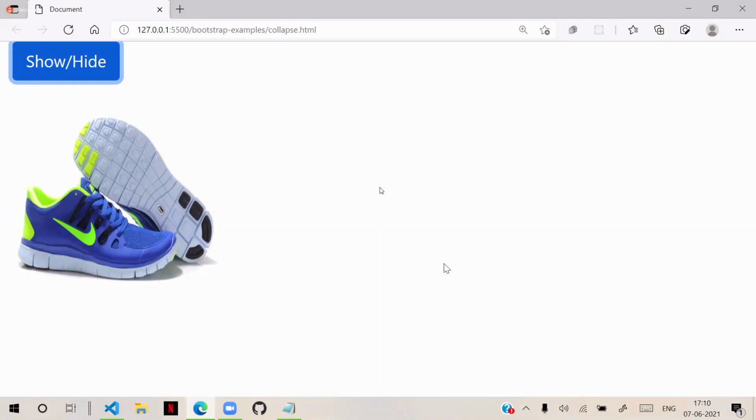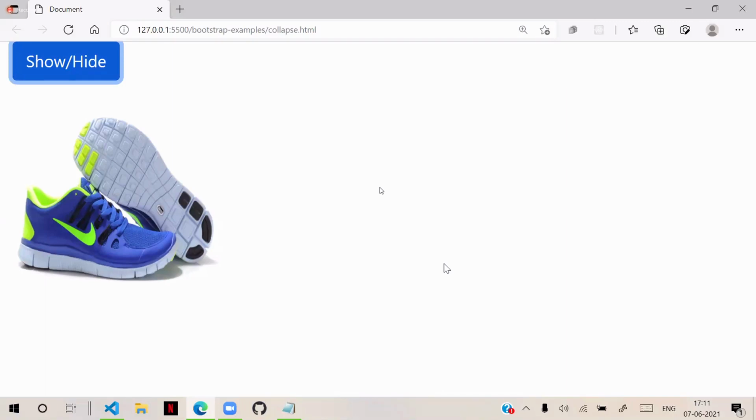Actually, this is used in combination. For drop downs and accordions, we use this kind of combination. So let's see how this works now. We use a combination of collapse with the accordions.